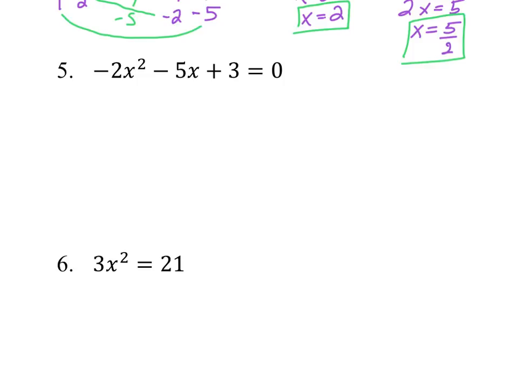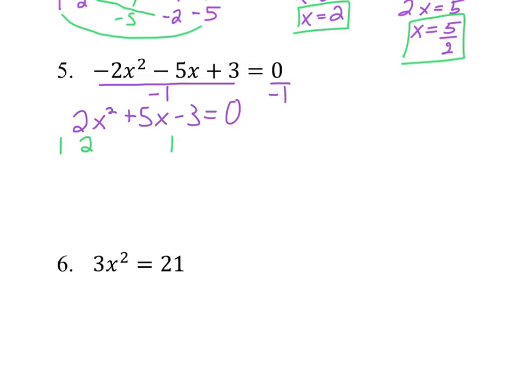All right, number 5. I would highly recommend doing something to make this a positive 2x squared. In this case, I'm just going to think of it as dividing by negative 1. So that will switch all of the signs there. So we have 2x squared plus 5x minus 3 equals 0. All right, so looking at this one, it does factor, and not that many choices, so pretty good way to do that. It has to be a 1 and 2, if anything, and it has to be a